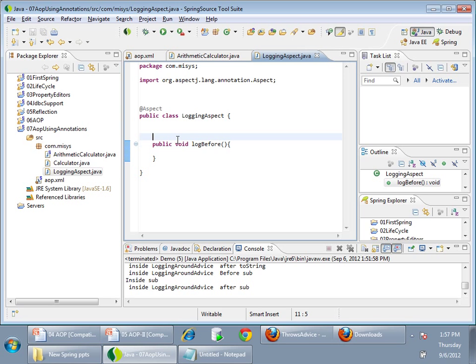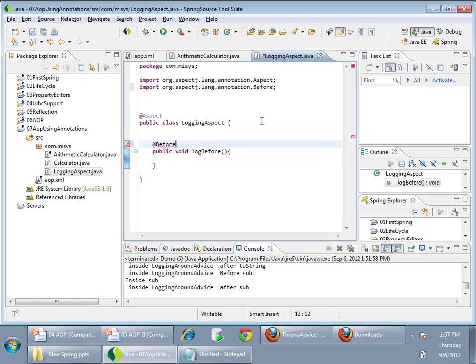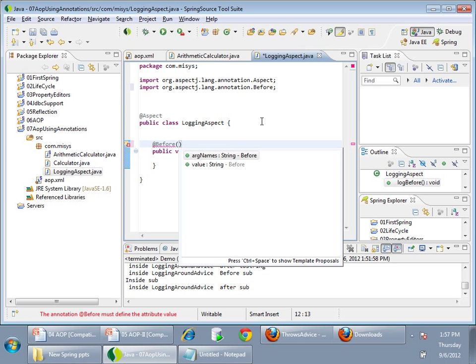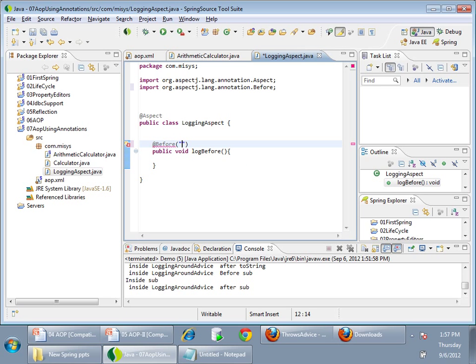So annotate this with @Before, and you need to specify the pointcut. Before that pointcut: execution of star, type can be anything, space, what